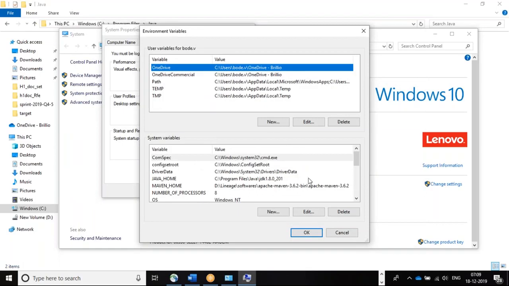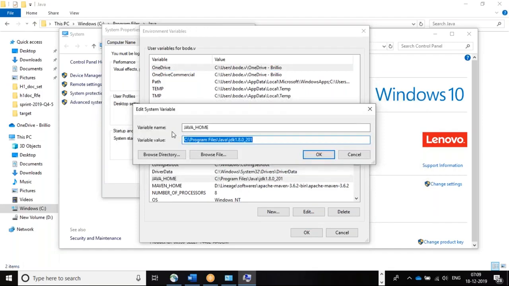Under Environment Variables, don't set it up in the user variables. You can do user variables also, but the problem is if you set up the class path there, it will work only for your user. If other users join your machine, they can't work with Java. That's why it is recommended to set it up in the system variables. There are two things we have to do: one is JAVA_HOME, and then Path.